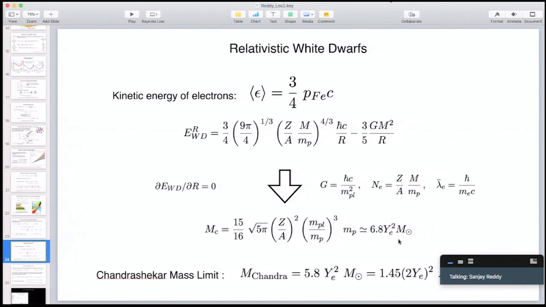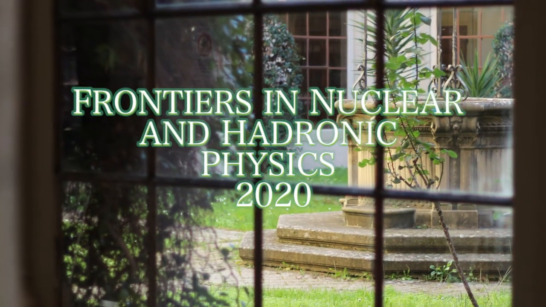For iron, it's about a half. For most ions, it's about a half, times the mass of the sun. If you did this calculation correctly, instead of assuming that the white dwarf had constant density, you get a better estimate. Instead of 6.8, you end up getting 5.8 when you do the full calculation. And when you plug in